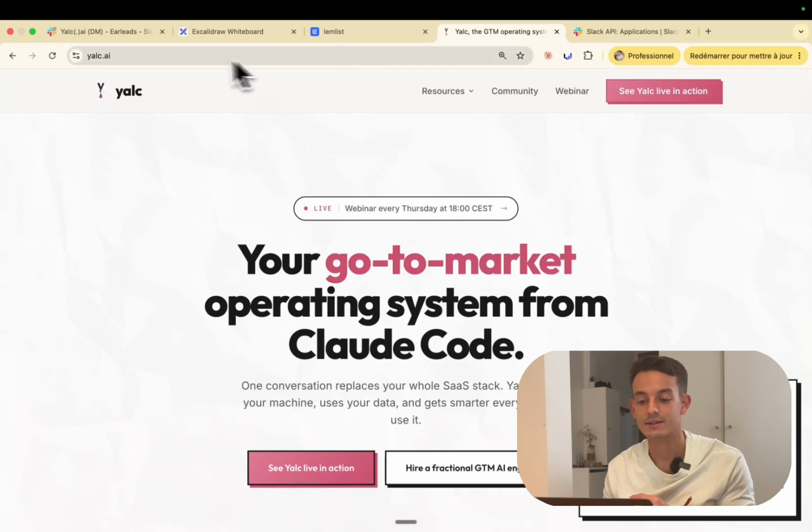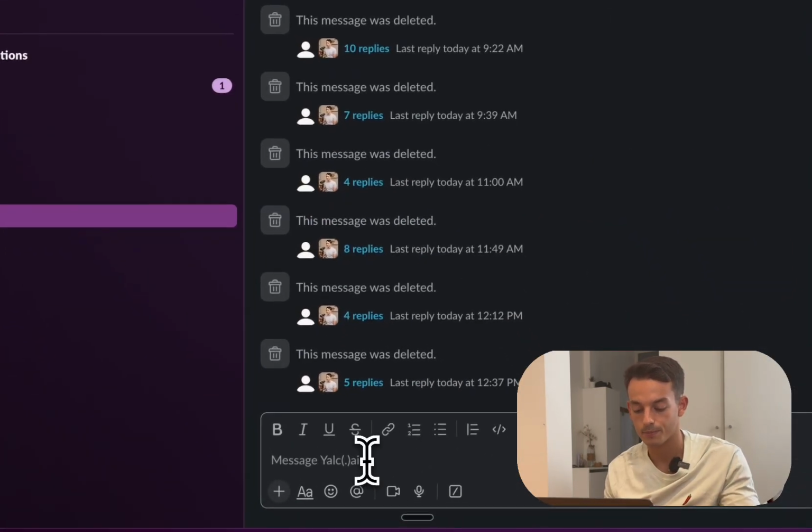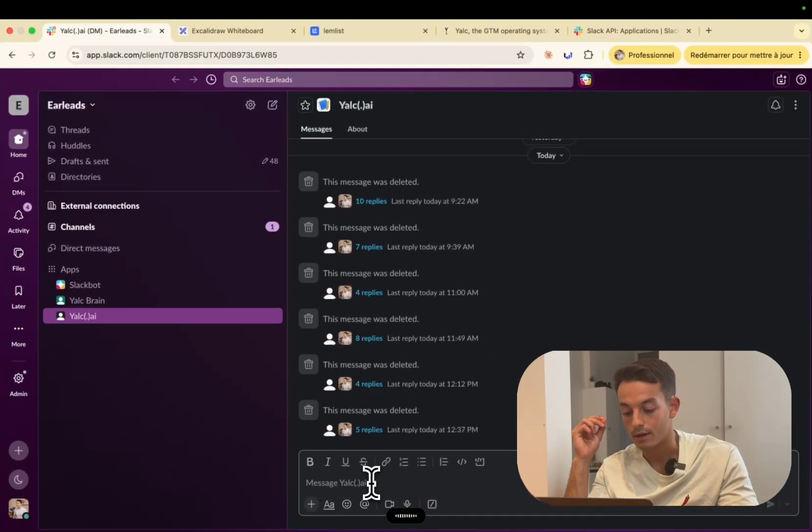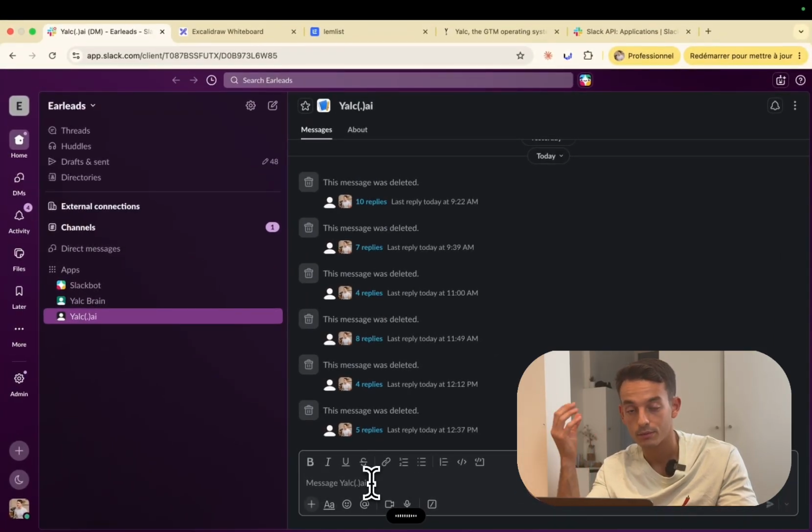But first, let's trigger our bot. I want to create a Lemlist multi-channel outreach campaign targeting head of sales in companies between 50 and 200 employees. I want those companies to be B2B ones. The angle is I want to integrate YALC as their go-to-market operating system to monitor dozens of buying intents and orchestrate the right campaign, trigger the right set of actions, and keep a human in the loop always for verification purposes. The offer I want to pursue in my copy is